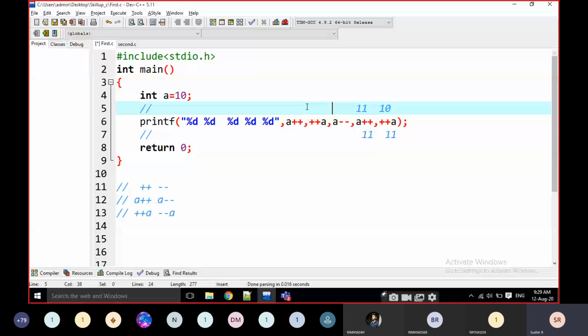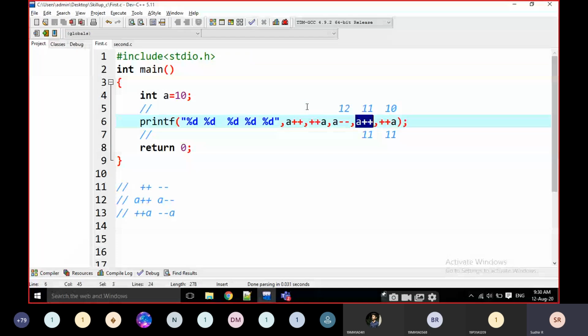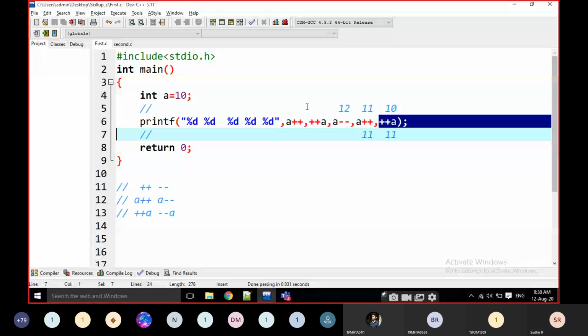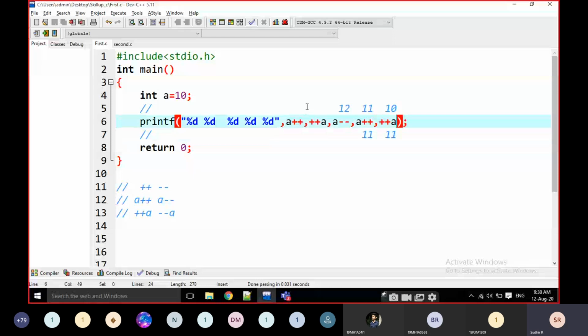If you are incrementing any value, you have to observe every time whether there are any pre-decrements or pre-increments before the statement. Here I am incrementing the value. Before that, are there any pre-increments or pre-decrements? Yes, one value is there, so modify that value also to 12. Okay, cool. Then coming to here, this is a post-decrement.